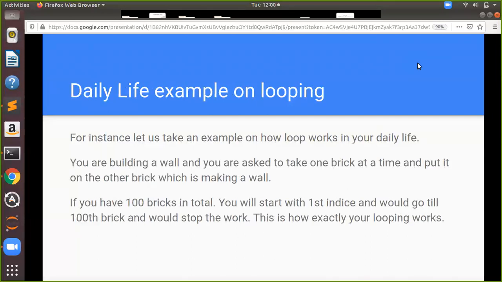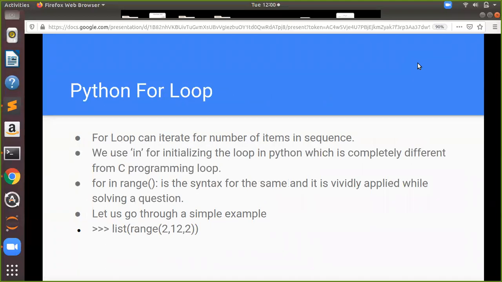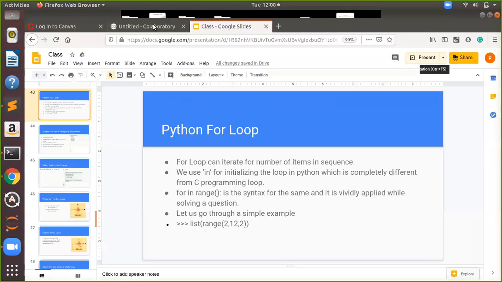Third, I gave you a daily life example of a brick. You can take anything the way you want. Now we learned the Python for loop, how to create a loop, how to go with range. You can also write it with strings. For instance,